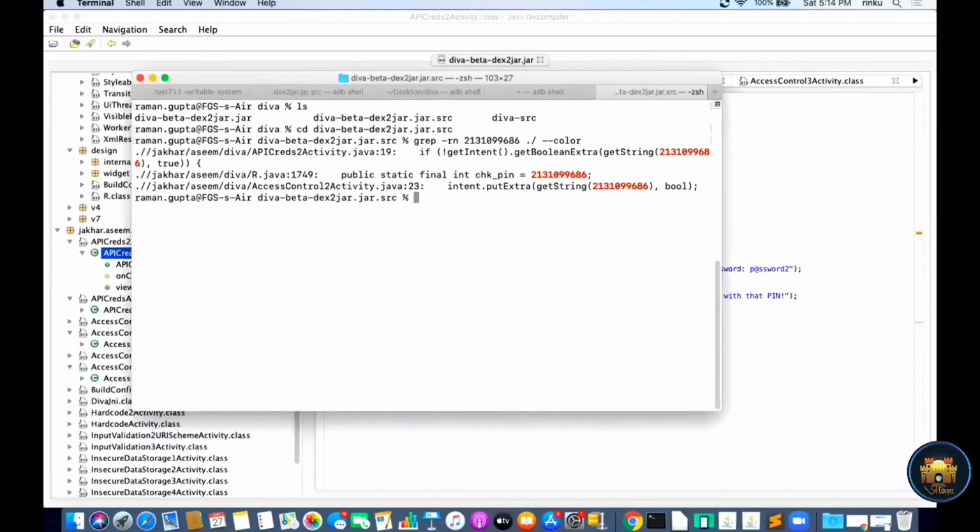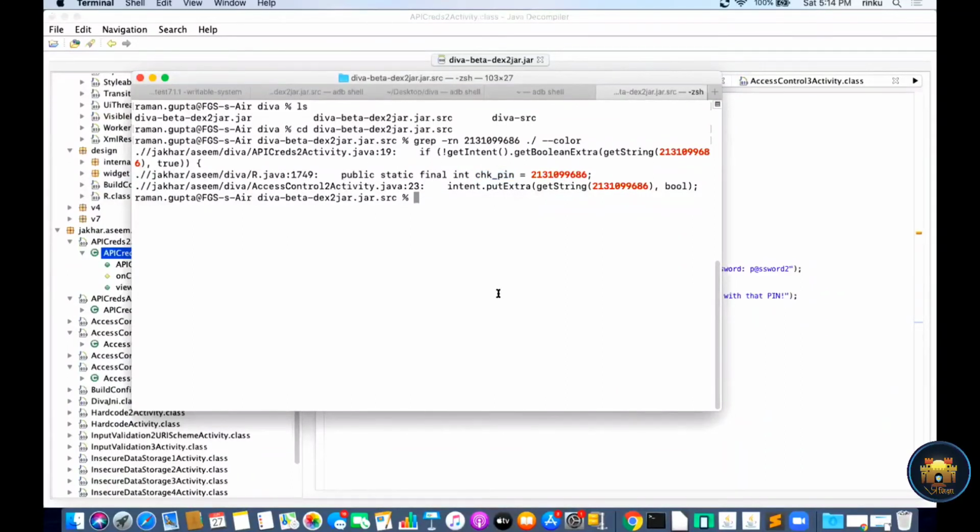Yeah, you can see that the value I have searched for is the text value check pin. So the parameter will be check. Let me check this. There will be a value check underscore pin.